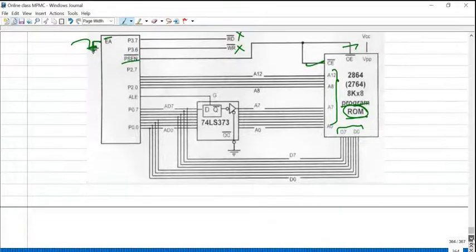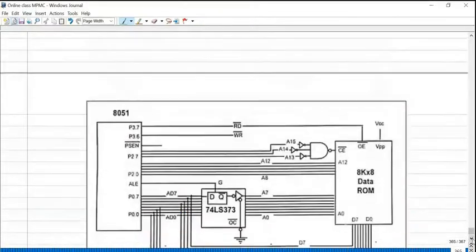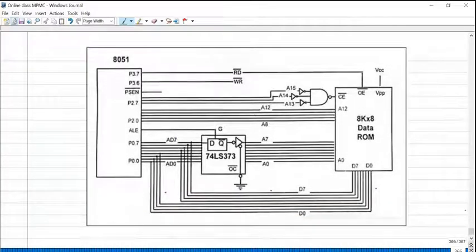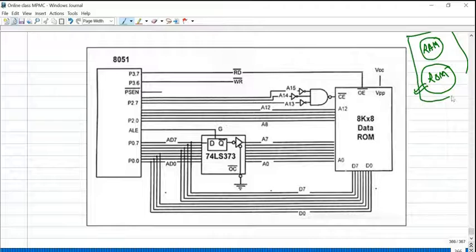But sometimes the ROM can be used to store data also. Usually RAM is for storing data and ROM for storing our entire programs. That is what we discussed so far. But in some particular cases, this ROM memory can also be used for storing data. So how do we make the connection at that time?